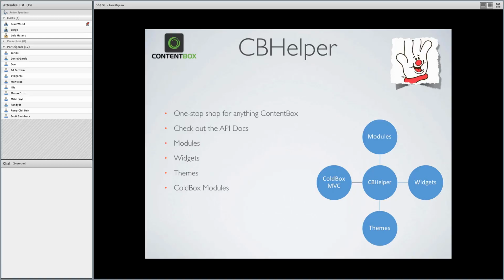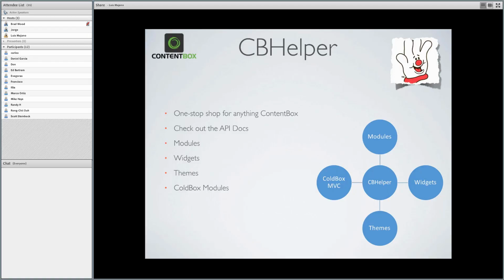Now, please note that all these services are available to you via dependency injection. Remember, ContentBox is built as an MVC framework. It has dependency injection already built in. So if you want to use any of these services throughout any of your applications, you just inject them. That's it. That's the namespace that's available to you, and you can use them very easily. So remember, what we tried is to build ContentBox as a very rich API-driven CMS framework to give you the ability to extend.